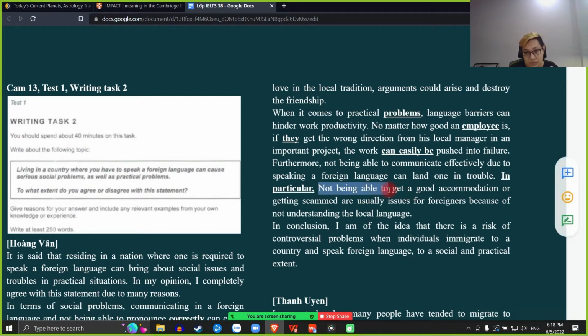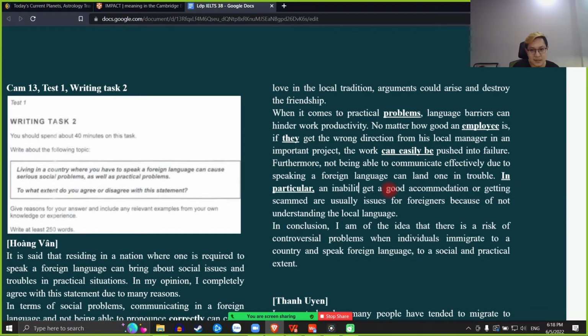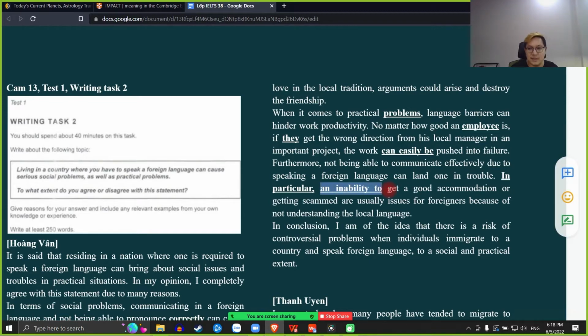So not being able to, you can replace with a noun. An inability to, một cái sự không có khả năng lấy được một cái nơi ở tốt. An inability to get a good accommodation. So you can avoid repeating the same phrase, you know. Có thể là thay thế, không lặp lại là cái chuyện không thể có được cái gì đó bằng dùng danh từ đi. Thay vì dùng cái dạng mà động từ cái gì đó mình dùng danh từ đi. So instead of using a verb form, I can use a noun form. So inability to do something. An inability to get a good accommodation or getting scammed